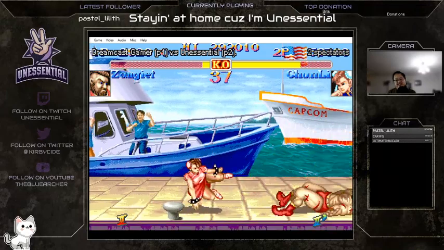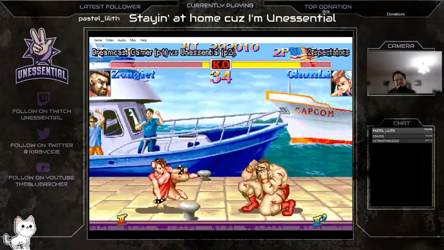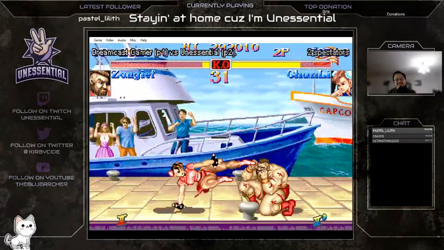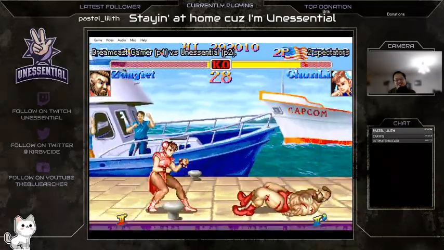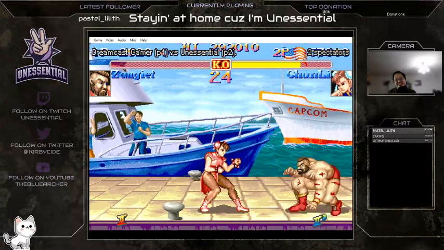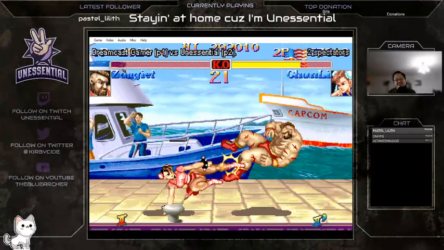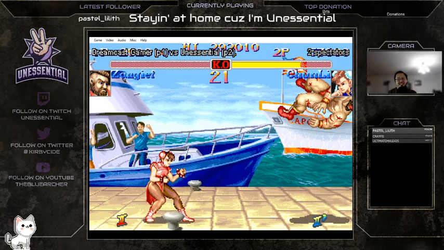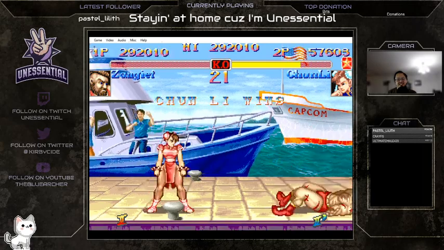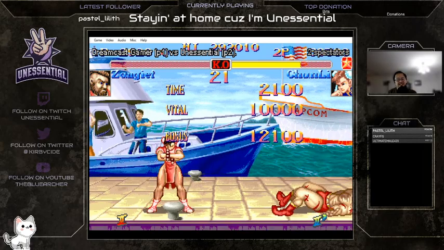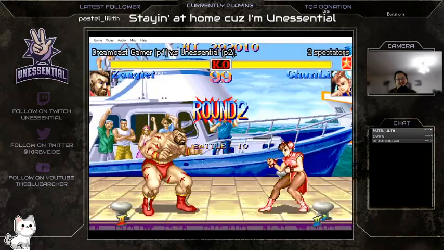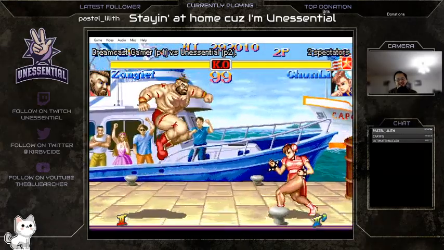How do I get close to this? You don't. This is such a bad matchup. This is all Guile needs to do. That's the odd time when I played Chun: how do I fight Guile? Especially in Champion Edition, I can't fireball, so I have to get close to him to a degree. But wow,